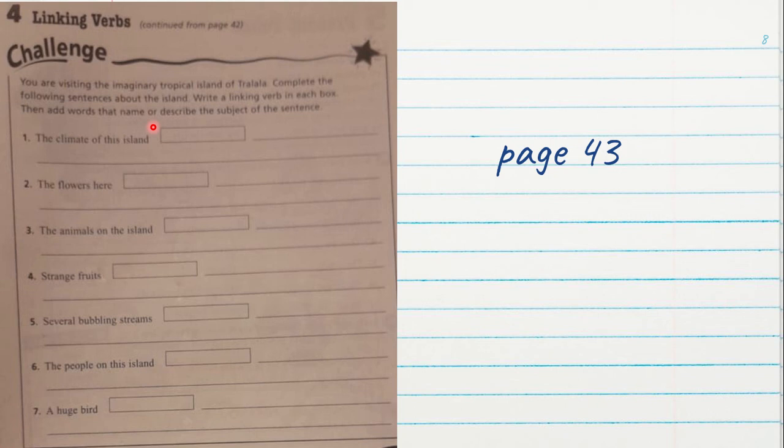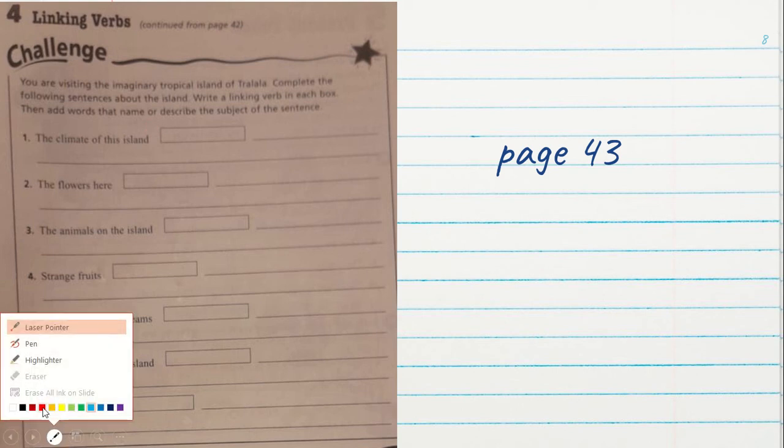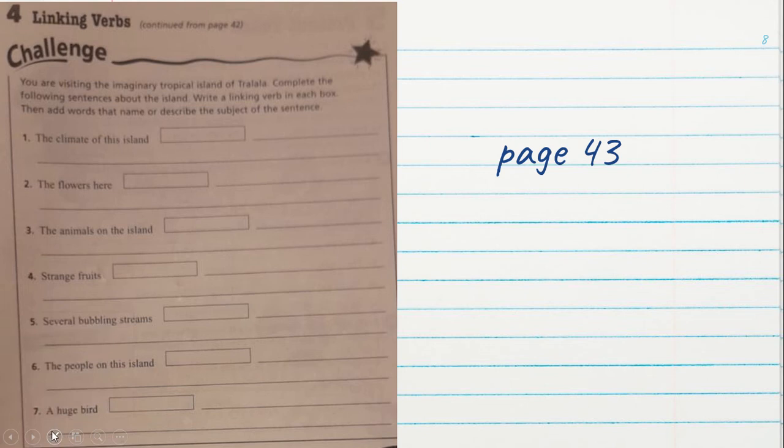And then you will add words that name or describe the subject of the sentence. So let's do number 1. It says the climate of the island. So we're talking about the climate. You can describe the climate or name the climate. So we are going to use the verb is because climate is singular. Okay, the climate of the island is warm